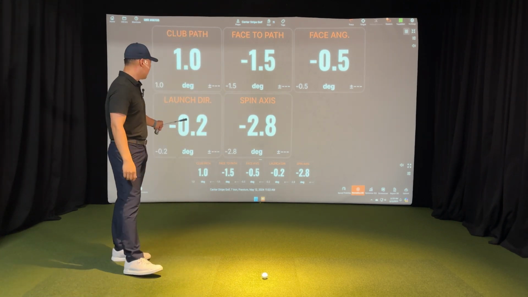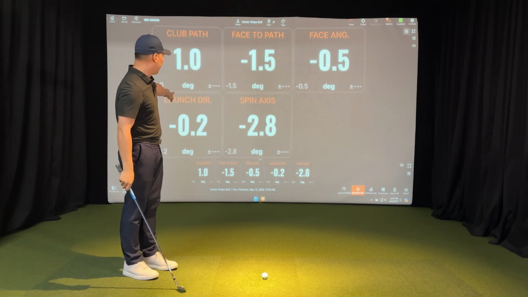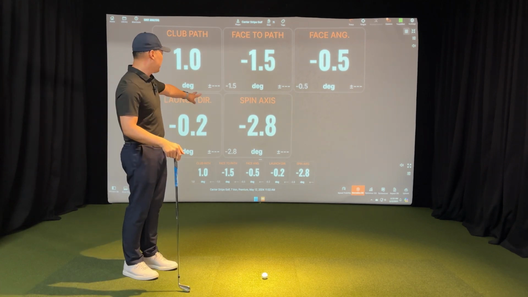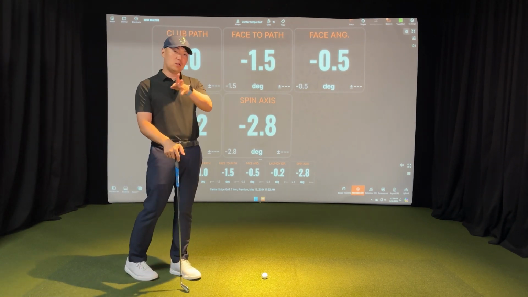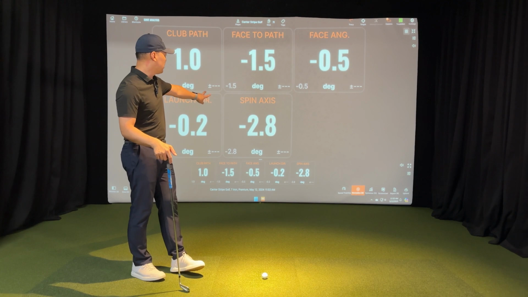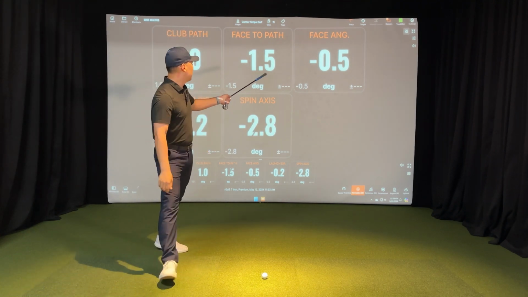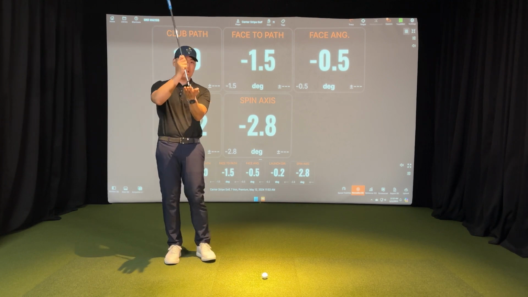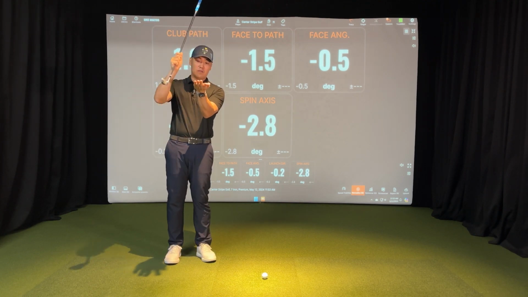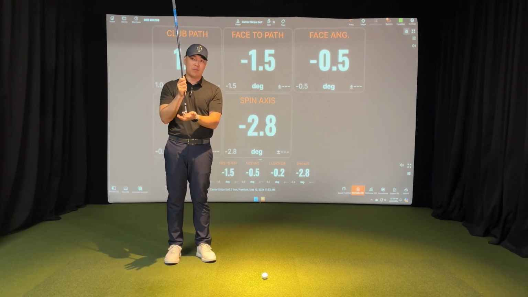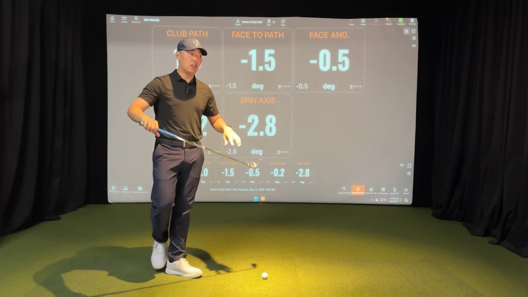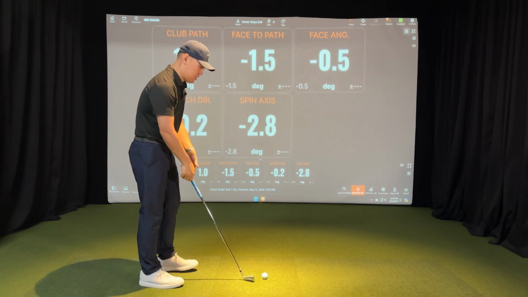My launch direction is just left by 0.2 degrees, and my spin axis is curving to the left just a touch by 2.8 degrees. That's a byproduct of, again, my face to path, where my face was closed relative to path by 1.5 degrees. In contrast, if I were to miss to the right,